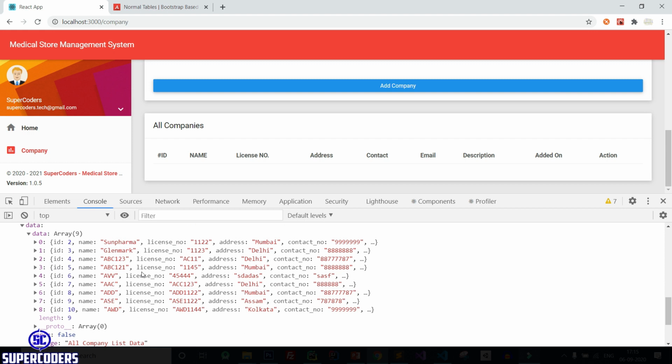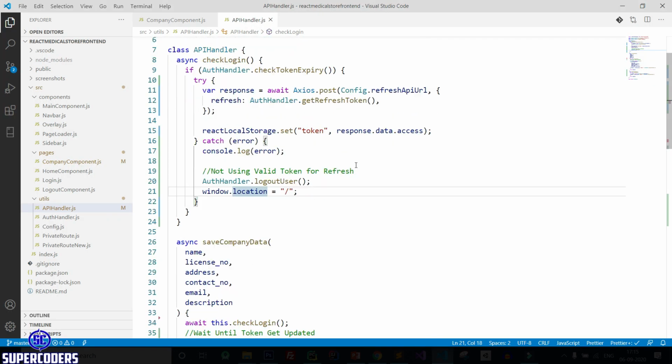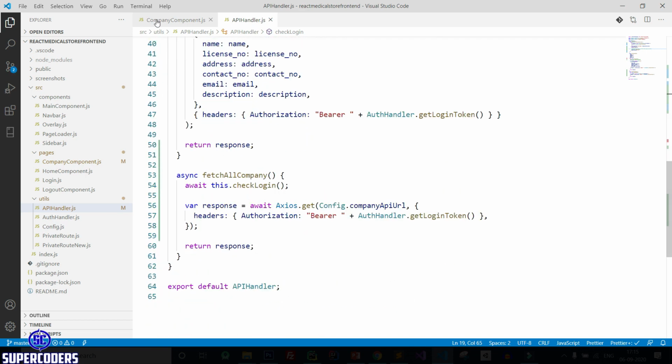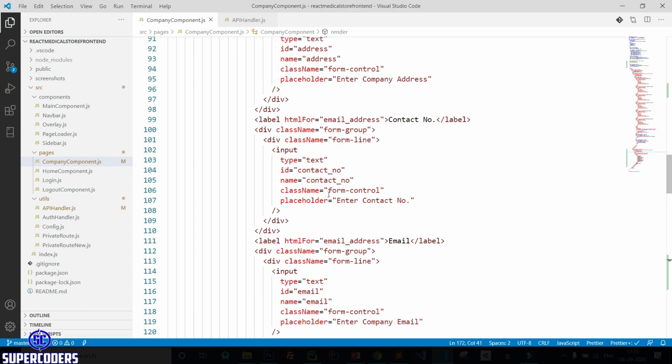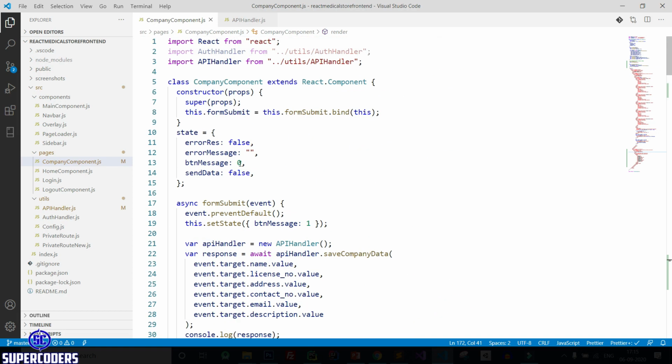So now let's see how you can show this data in our page. So let's come to VS Code. After that, also add a comment. Save it, and it's working. Now come here. So here we need to set this data in our state.